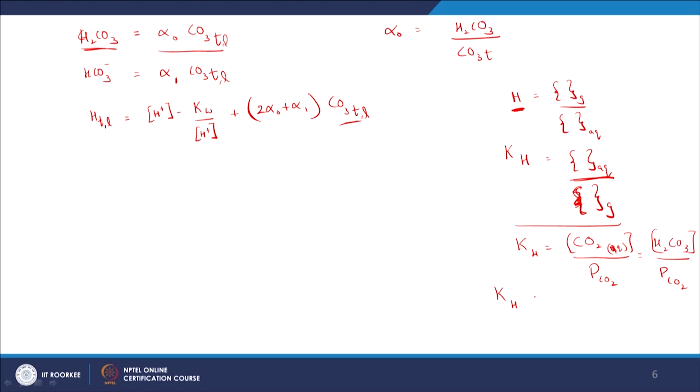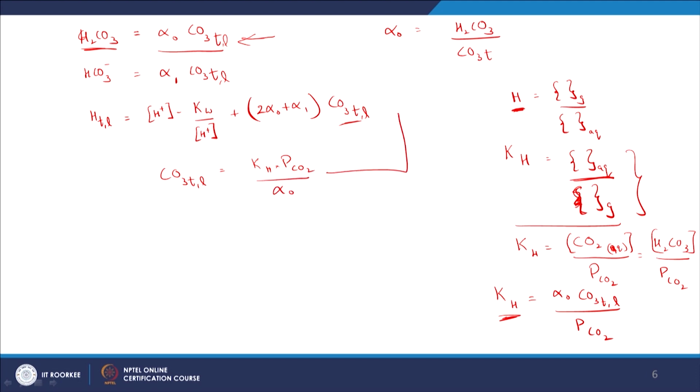Henry's constant, or KH, written in the form of aqueous by gaseous, keep in mind that we are defining KH as aqueous by gaseous concentrations, is going to be equal to alpha naught, and from this equation, alpha naught into CO3 total in the liquid by the partial pressure of CO2. So what is the take home message here? That CO3 total in the liquid phase is going to be equal to KH into PCO2 by alpha naught,